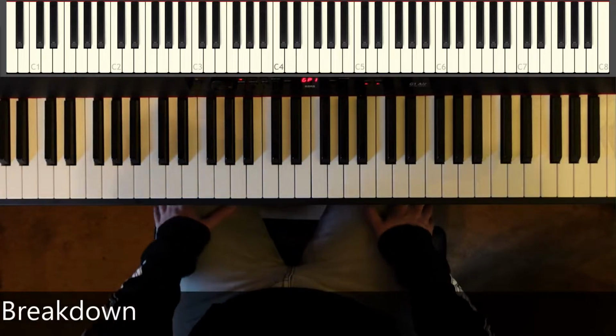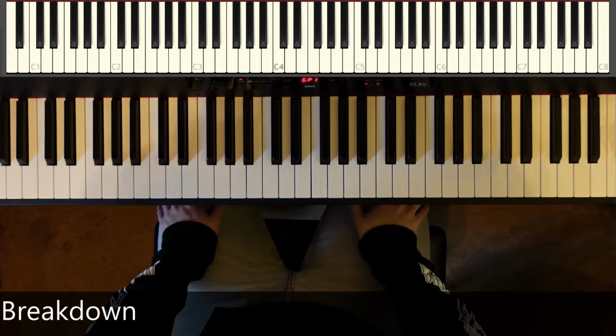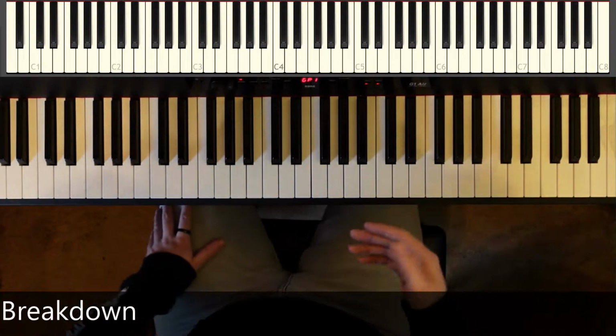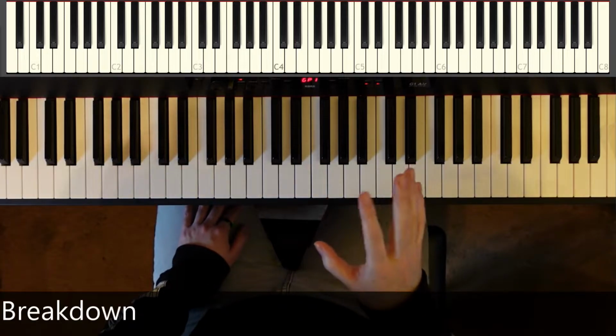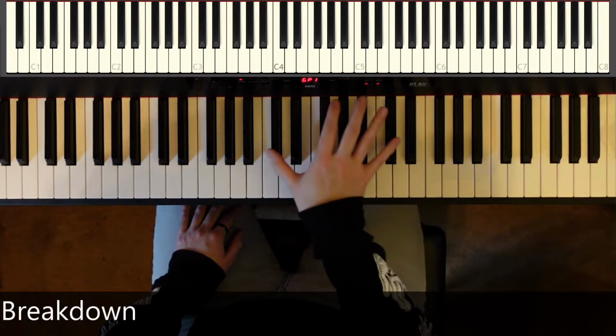The breakdown is just where the guitars swell up, things get really intense. There's a solo playing on in the background. It's basically the verse, but more intense. And when I say that, I mean that it's literally the verse. It's the same chords, same progressions, but with some little changes here and there. In the background, you can hear a guitar playing the verse melody, which is just...